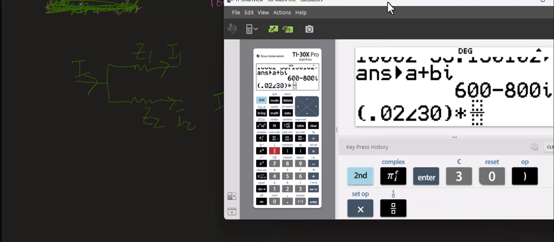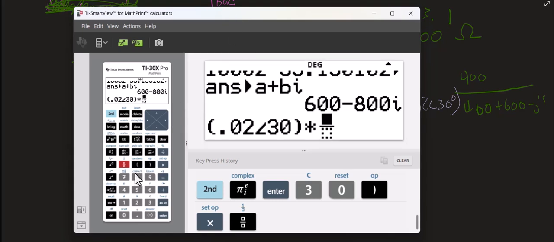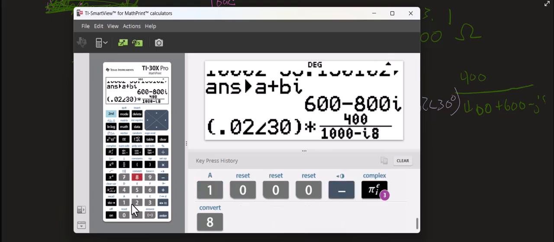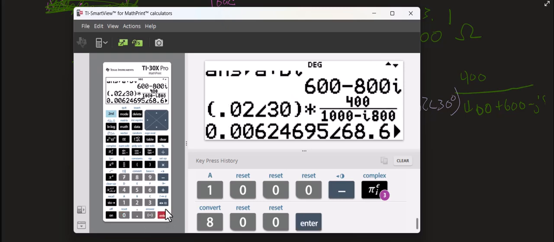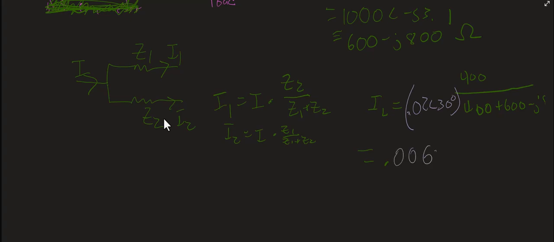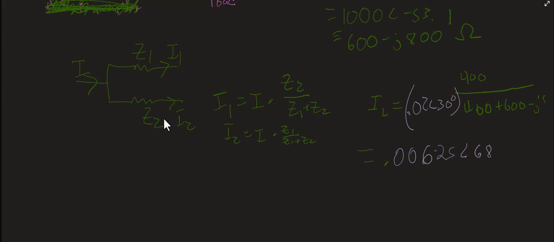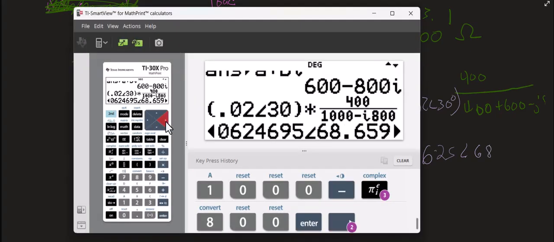Times, and then my fraction was 400 over, I think I can do this in my head without making a mistake, but this is where I mess up. 400 plus 600 is 1,000 minus j800, and I get 0.006, 0.00625 angle 68.66,